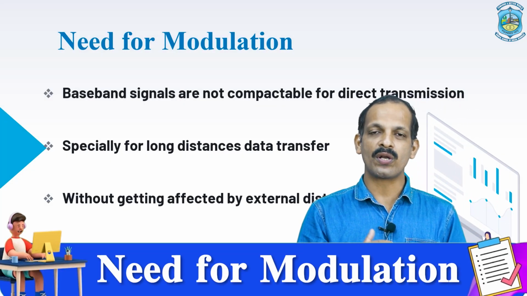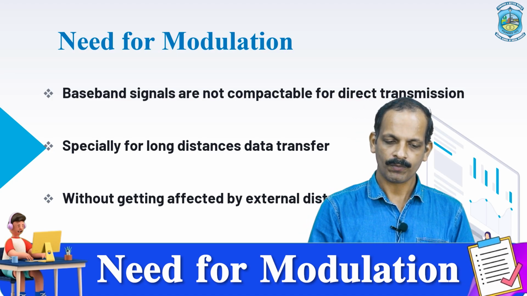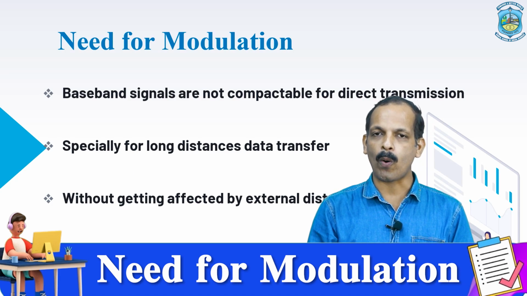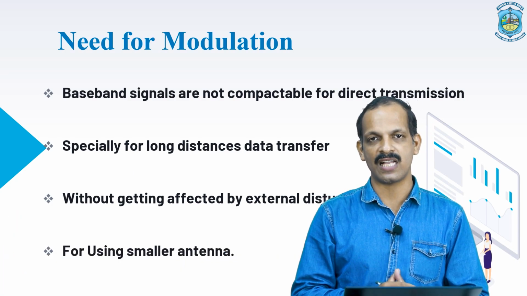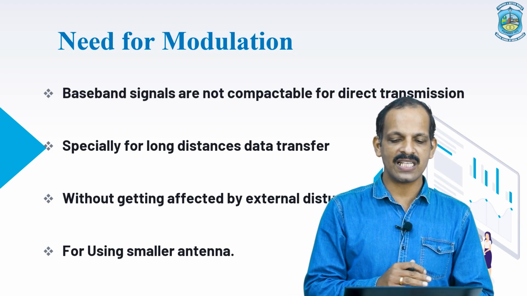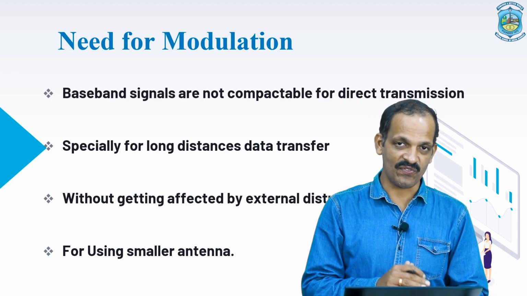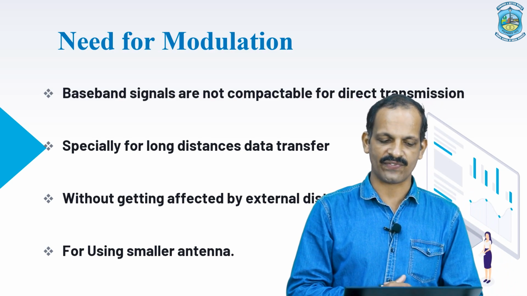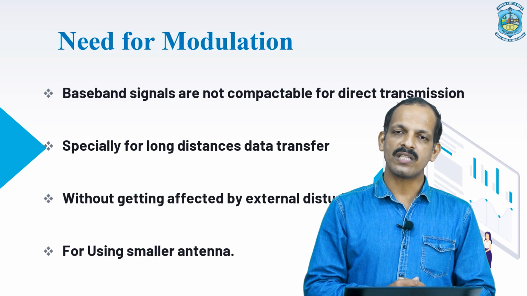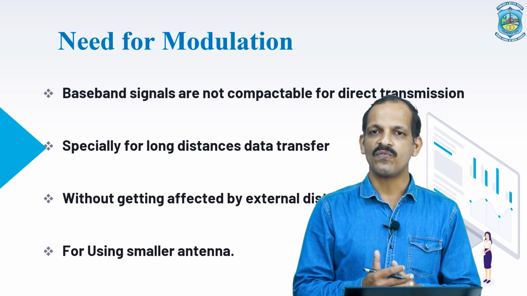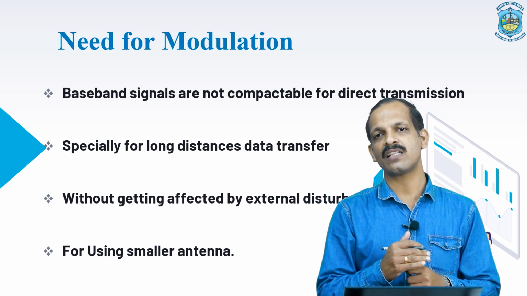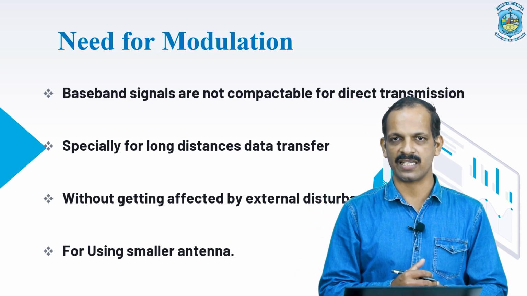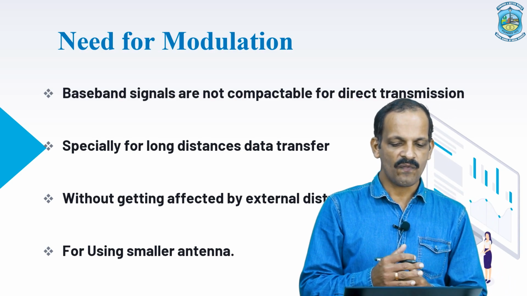So what is the use or need of modulation? Basically, information signals are not compatible for direct data transmission because these signals are very weak. So we can't send this signal for long data transfer. This is one of the main reasons we need to modulate the information signal using a carrier signal. Second one is, without